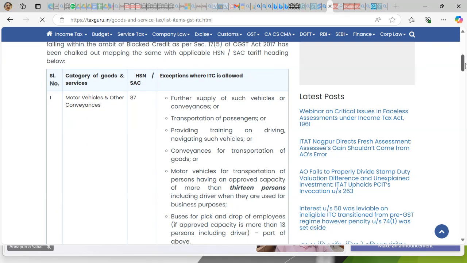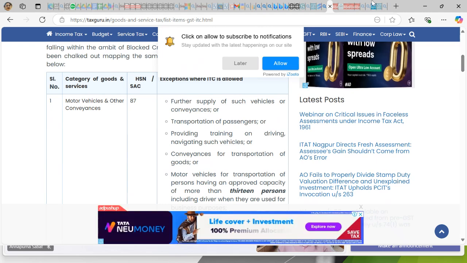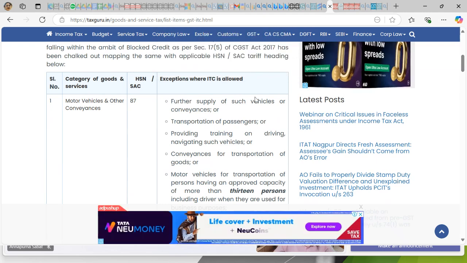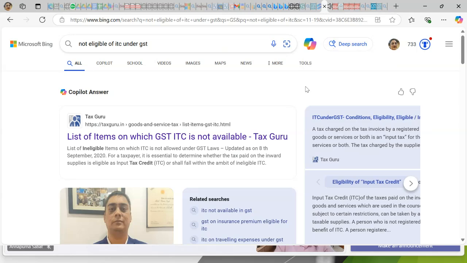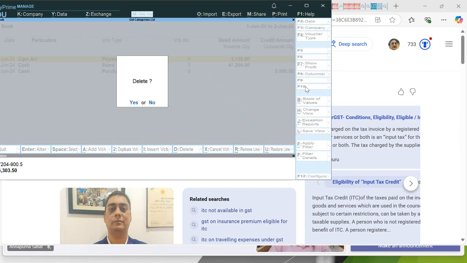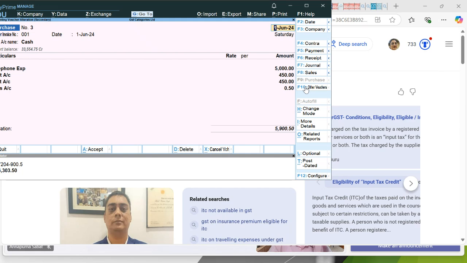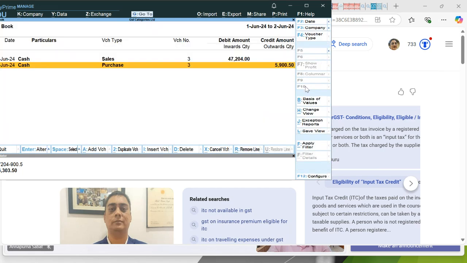Motor vehicle or other conveyance. Conveyance charges. If you are paying the conveyance charges, for example, suppose I am deleting this payment. Okay. I collected the GST amount at the time of sale of services. I pay the GST amount at the time of purchase of telephone services, and I have taken the ITC. Definitely, if I selected the CGST, SGST here, then it will be reflected in our